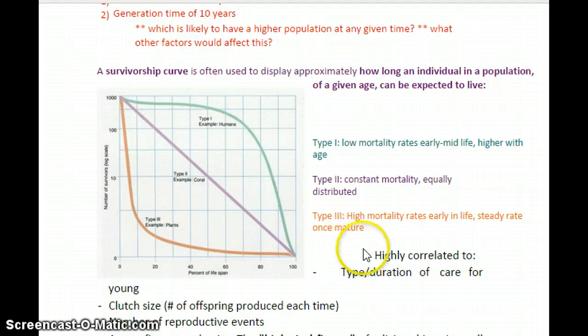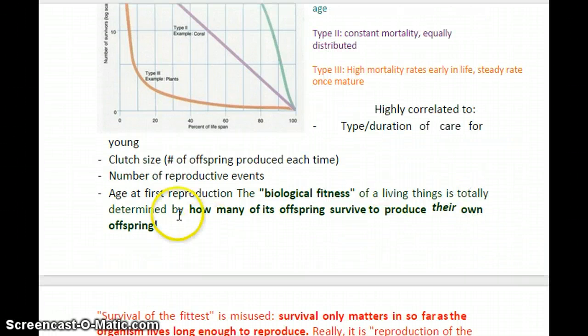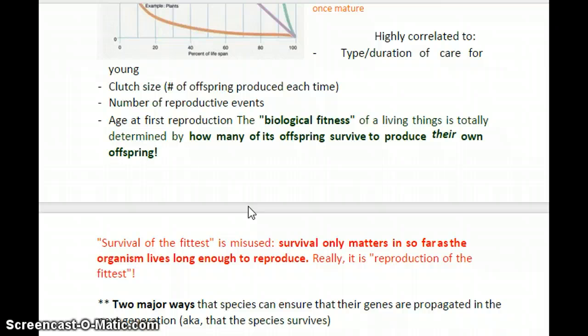It basically has to do with when during the lifespan of an organism in a population will it die, or when does it have its highest mortality. And then we see there's other factors here too that can affect this. The clutch size, that means the number of offspring produced each time. The number of reproductive events, so like how many times does an individual reproduce in their lifetime. And then the age at first reproduction. So how young can they start reproducing? If they don't reproduce until they're pretty mature, then they're not going to be able to have as many reproductive